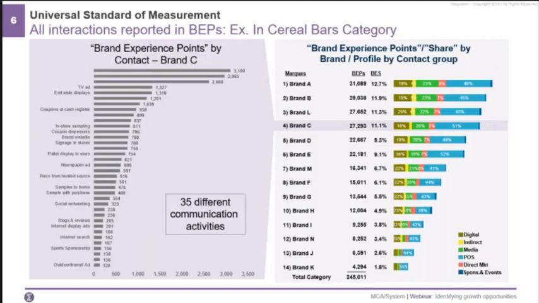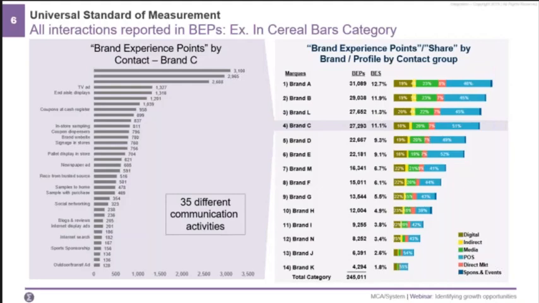We know that because that's been independently tested by a variety of people. I'm going to show you an example in a minute, but the purpose of highlighting that is to say that we know that this measure of brand experience points is something which is directly related to business performance. That's why it's worth measuring. And therefore, if you can improve brand experience, then it is very likely that you will be able to find